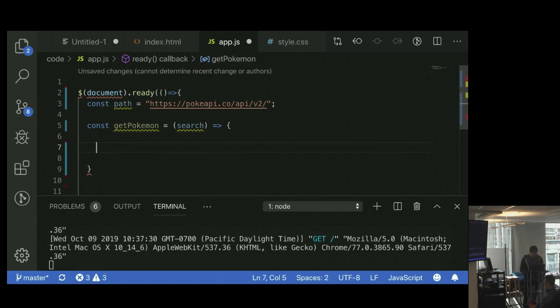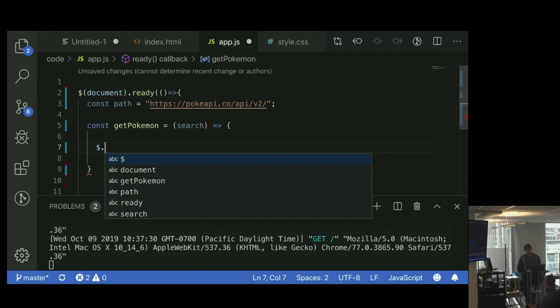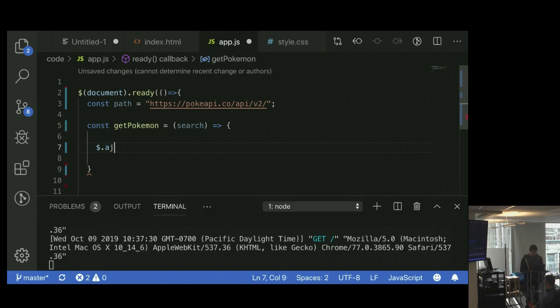So with jQuery, you can do Ajax. Ajax is not something specific to jQuery. You can do it in vanilla JavaScript. It is easier with jQuery. And you guys have been using jQuery as a front-end library, so we're going to stick with that. The method is .ajax, and it takes a number of parameters, many of them optional. The main one that we have to think about is URL, and that's just where we're making this Ajax request